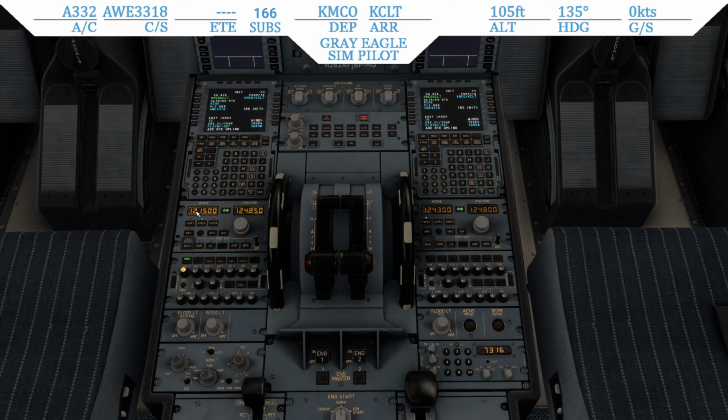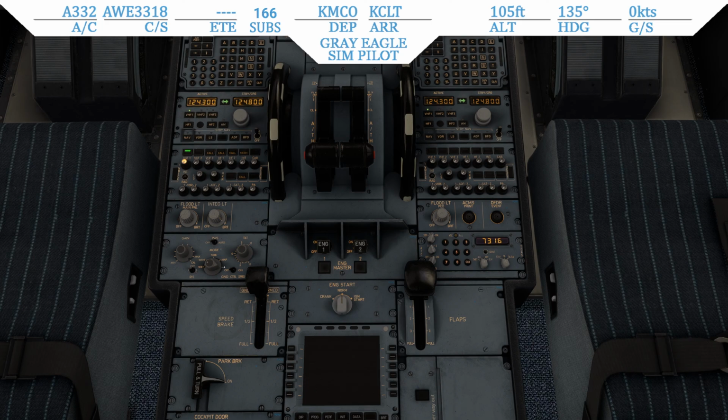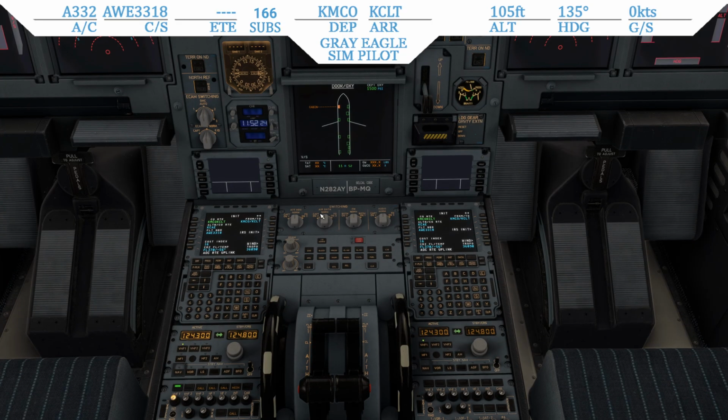And then we have guard and VHF2. Integral lighting all looks good. Predictive wind shear is off. Radar is off. That all looks fantastic. Coming on up here